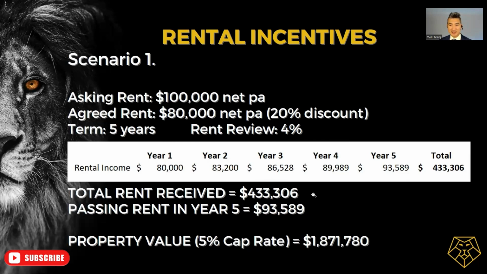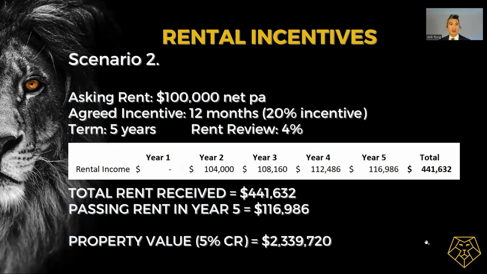So the total rent received will be $433,306. However, the passing rent in year five will be $93,589. So if you apply a 5% cap rate on the property, your property will be only worth $1,871,000. Okay, because you've given the tenant a 20% discount on the rent. If we look at scenario two,